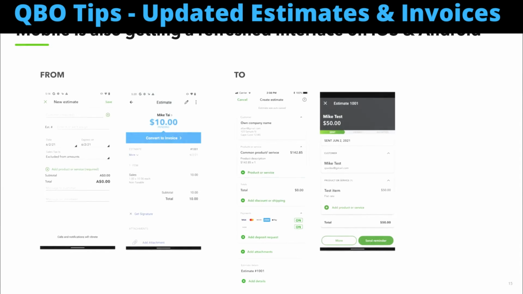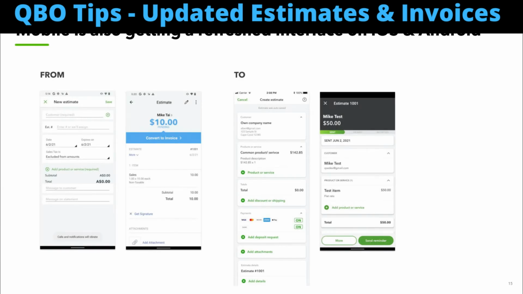Additionally, mobile is getting updated. So we have a similar look and feel here. We got to keep that UI consistent between experiences, whether you're mobile or on a browser setting, right? Plus, estimates and invoices will now autosave when you're using the mobile app. No more worrying about hitting save if you need to suddenly exit the app.